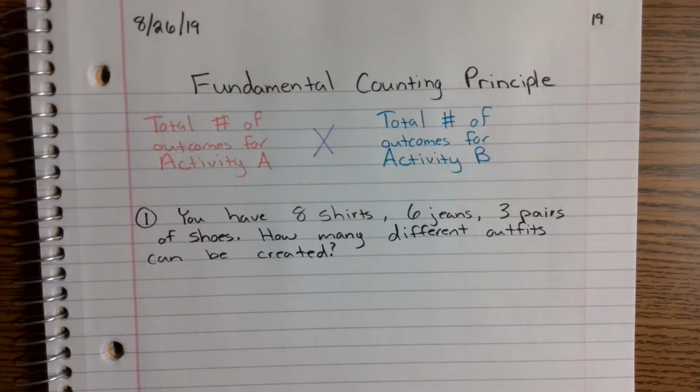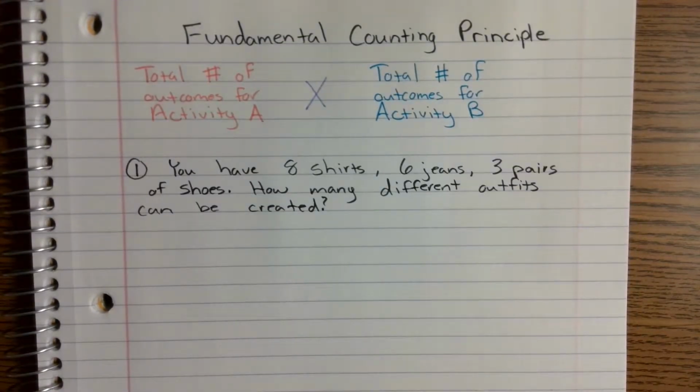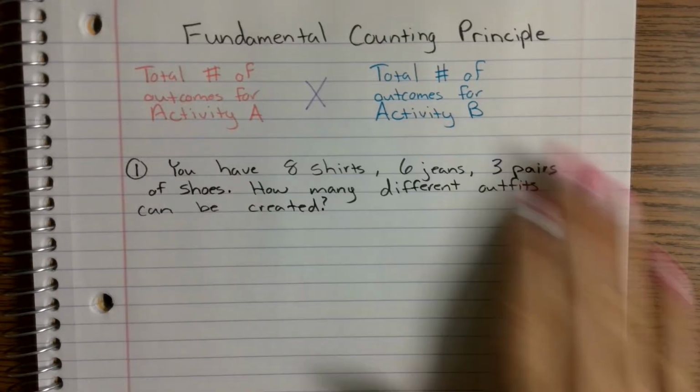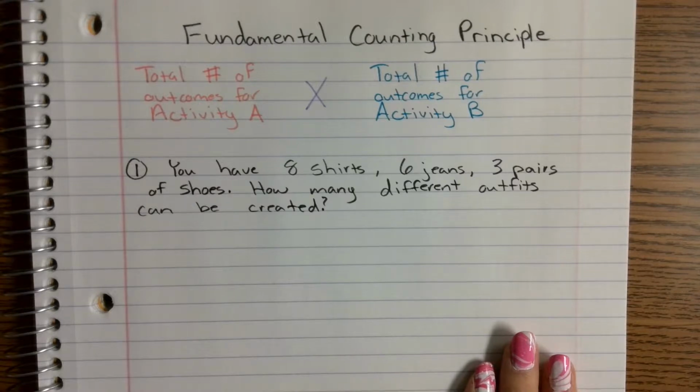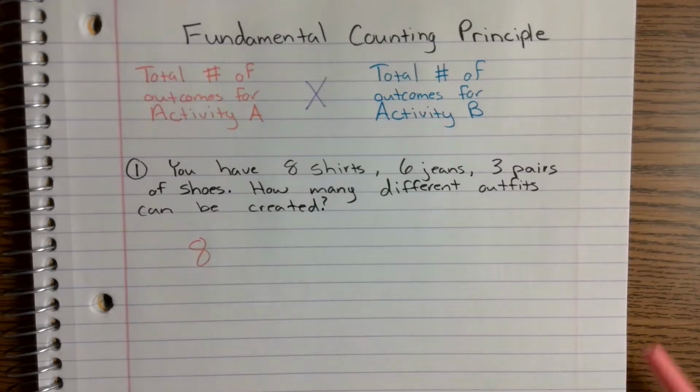Like I said before, the fundamental counting principle is going to tell you the total number of outcomes in a sample space. It's not going to actually tell you what your sample space is. It's not going to say you've got a purple shirt and a black pair of jeans and brown shoes. But it is going to let you know the total outcomes when given this situation together. So all you're doing is taking how many shirts you have, which is 8,